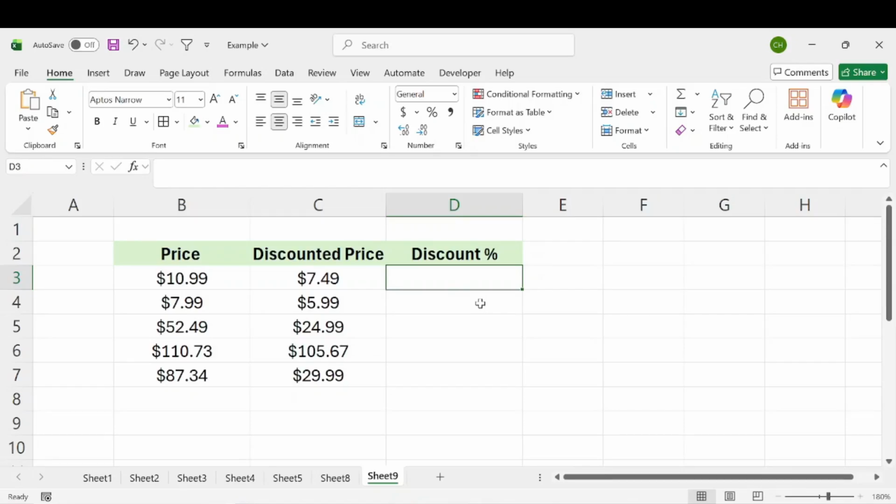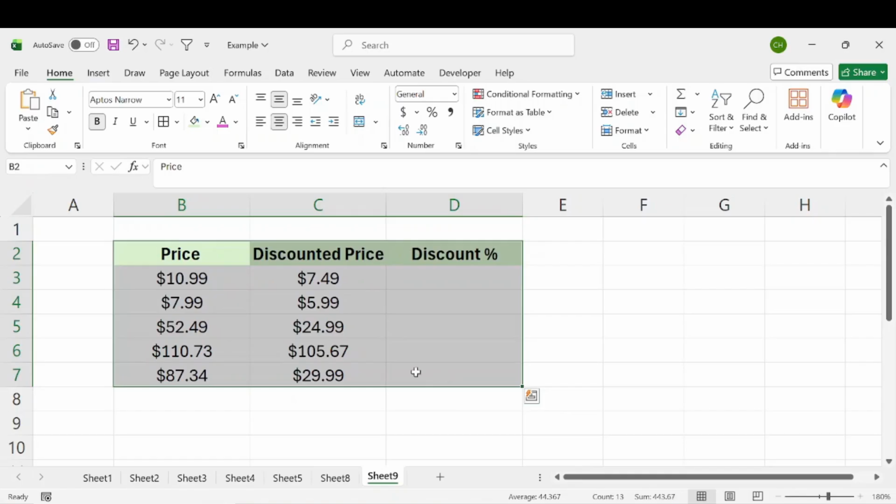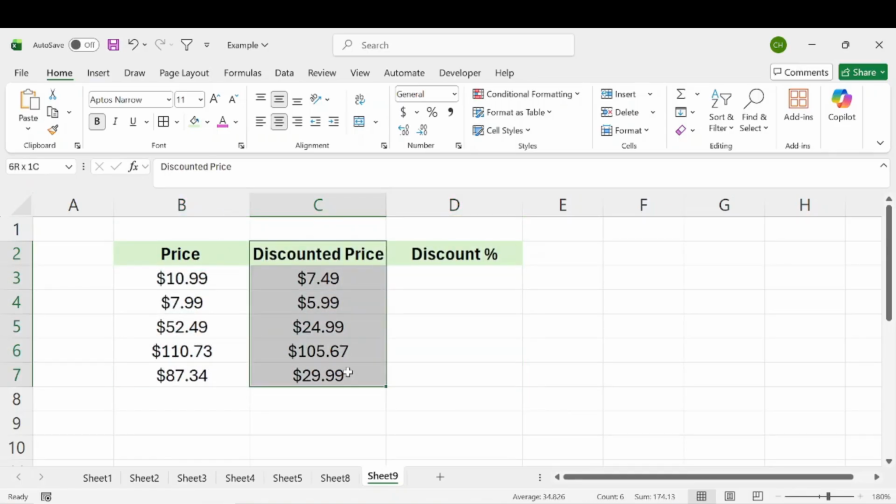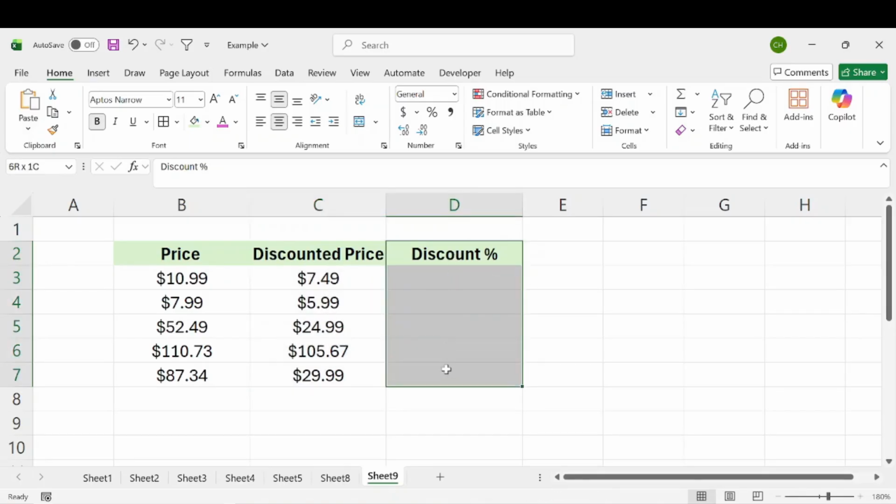All right, let's talk about how you can calculate the discount percentage in Excel. So here in our example, we have the price of some products, their discounted price, but in this column here, we want to display the discount percentage. So there's a pretty easy way to do this in Excel, and there's a pretty easy formula to go along